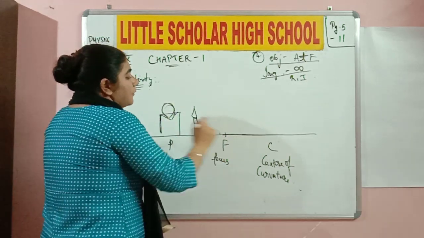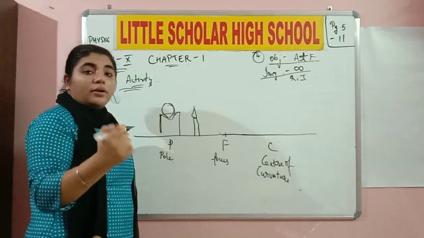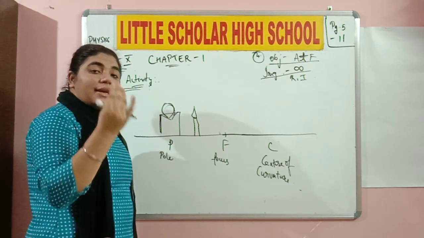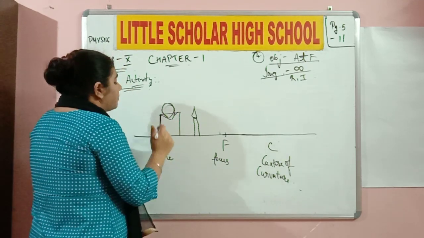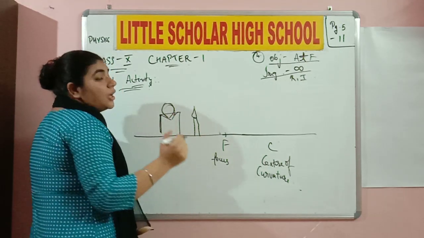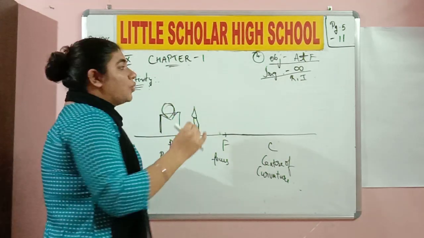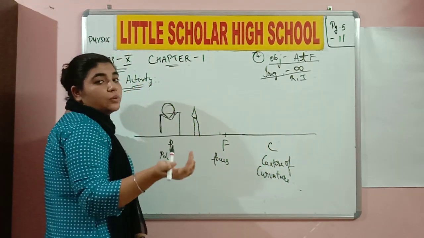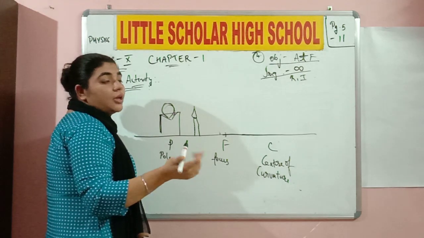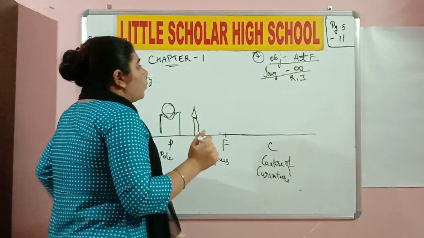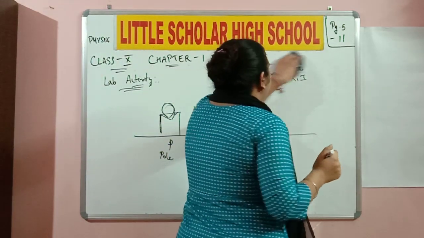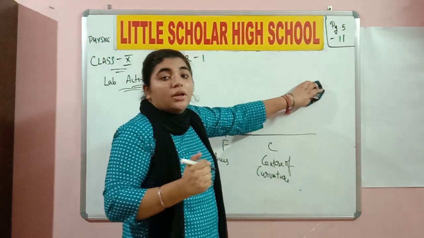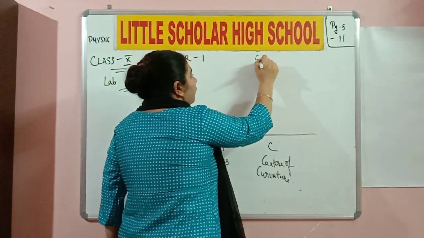In all the cases that we have discussed before this, I got an image on the screen because all of them were real images, and real images are inverted. Right now, when I place the object between P and F, I do not get a real image. So I am not going to place the screen anywhere on the right side over here, because even if I do it, I won't get an image, class. So what do you conclude from this? When I place my object between P and F, the nature of the image is definitely not going to be what? Real. This is our fifth case.